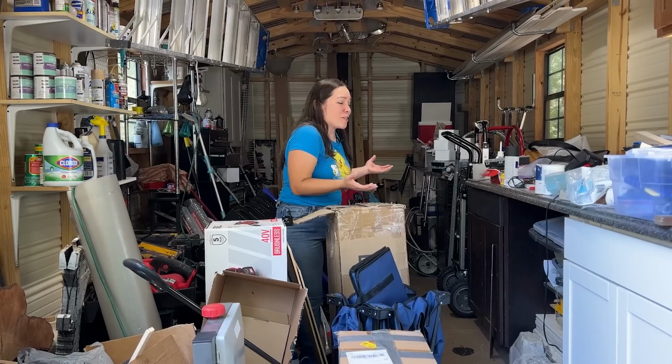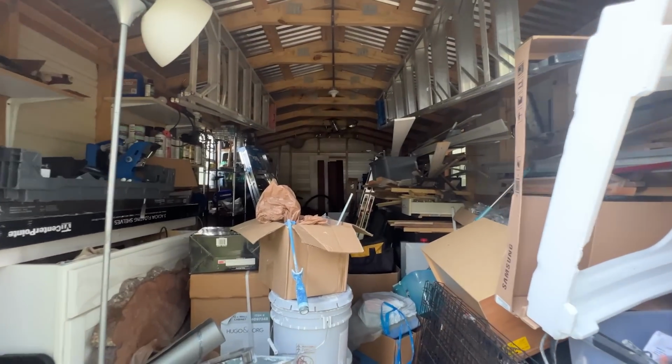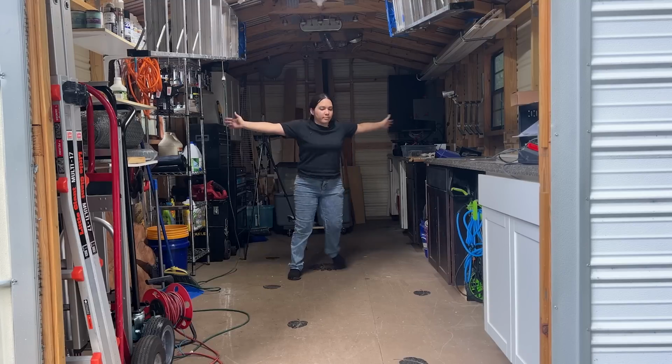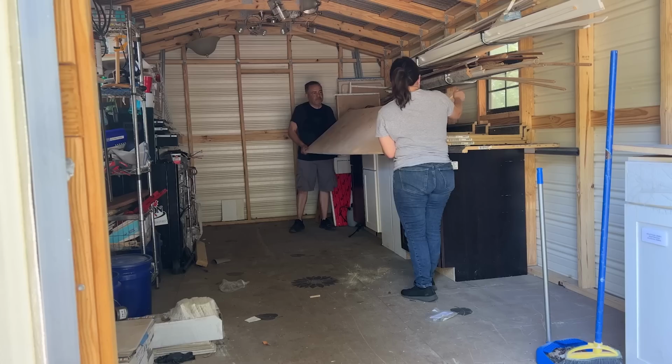This is my workshop, but it's probably one of the most embarrassing things I've ever put on the internet. I've always dreamed of having a workshop, somewhere where I just go and start working on some sort of woodworking project, and in my mind, that is my happy place. And I got this shed with that intention, but instead...